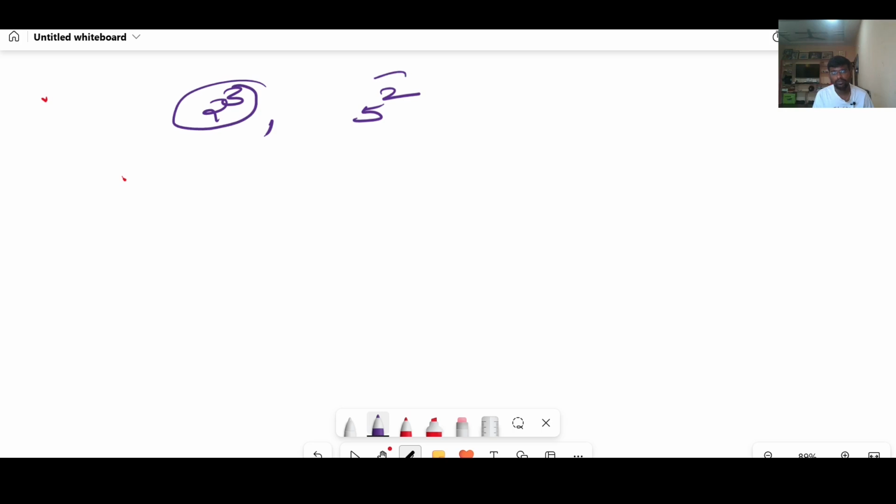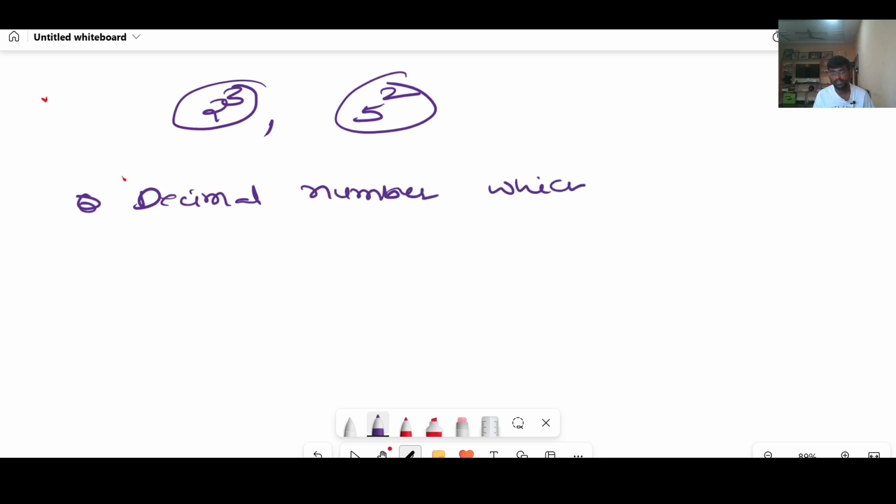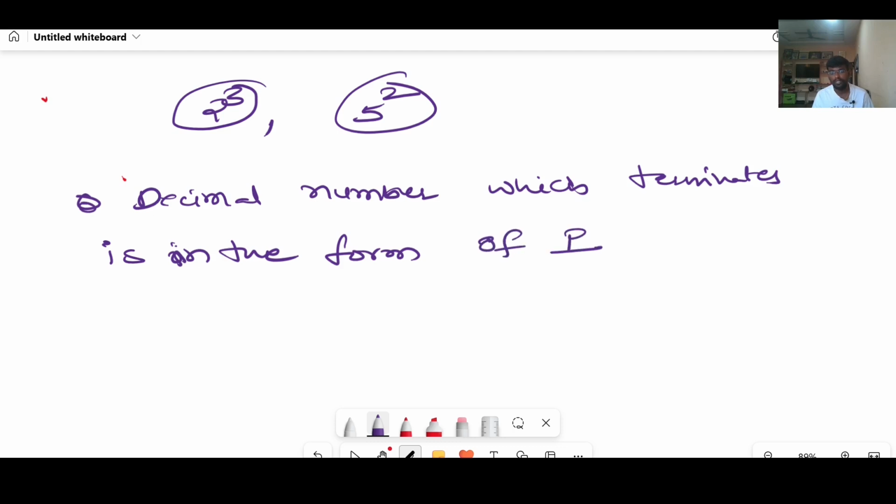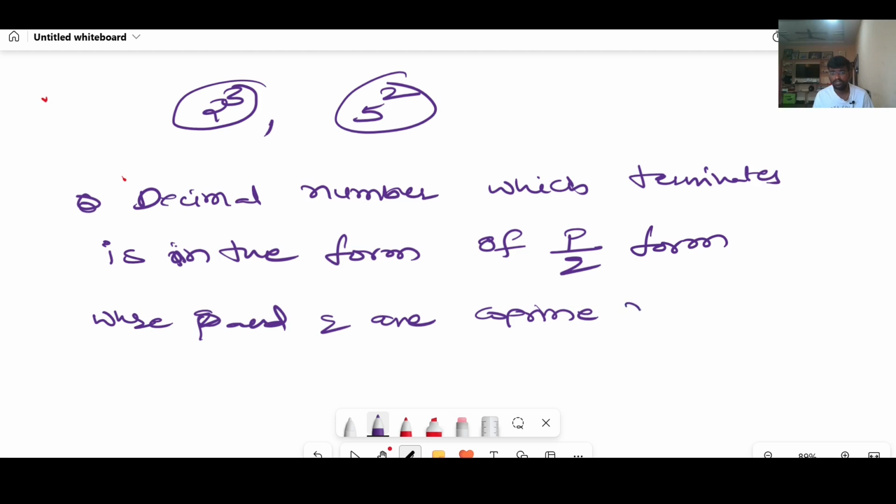Right, from here I can conclude that the decimal number which terminates is in the form of p by q form, where p and q are co-prime numbers, right? Co-prime numbers, and q should be